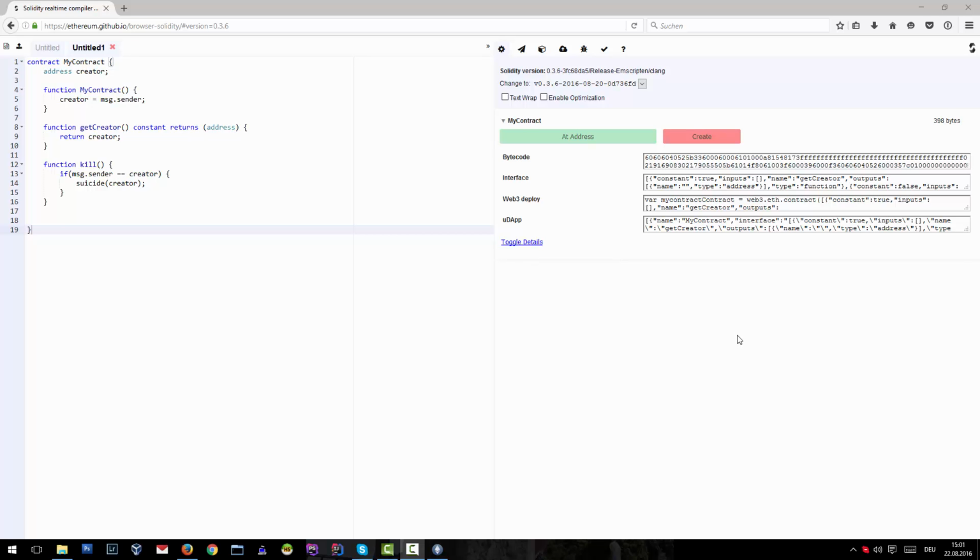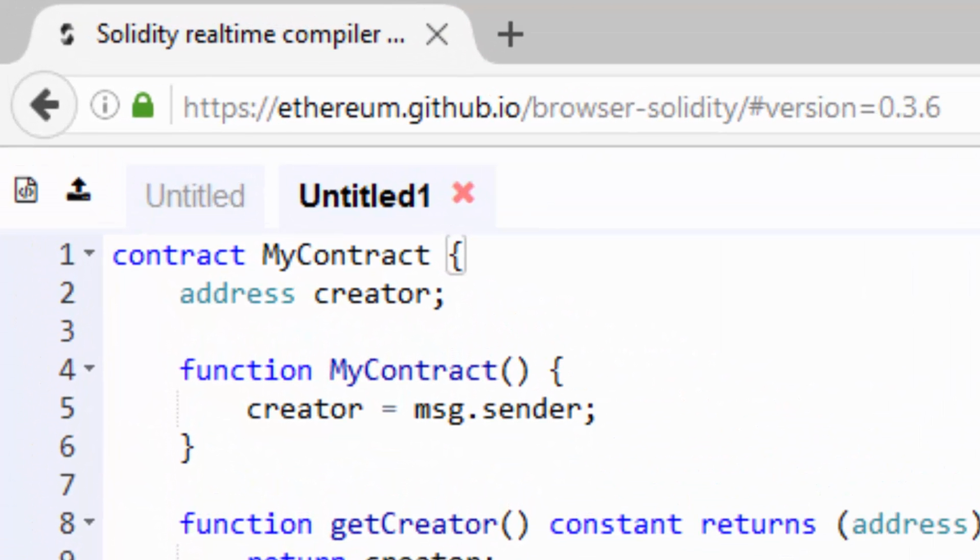Hi, in this tutorial I'm going to show you how you can create, instantiate and deploy contracts. I have opened Browser Solidity. Browser Solidity is simulating a whole blockchain environment in the browser. You can find it when you go to